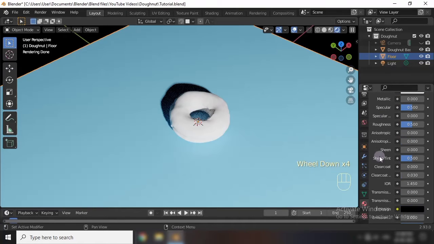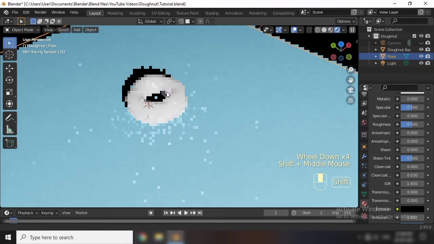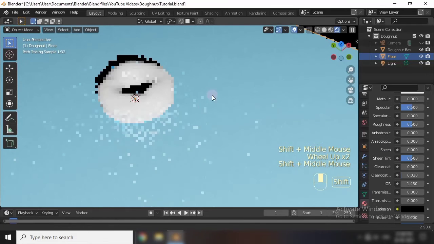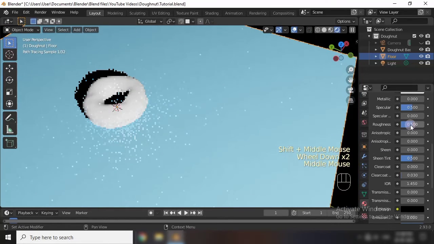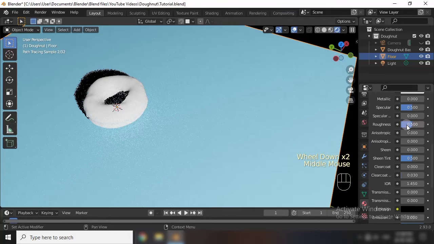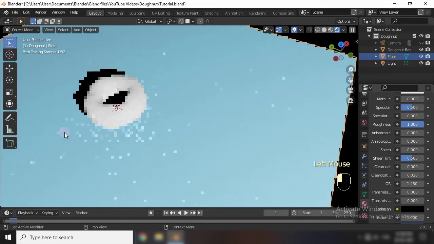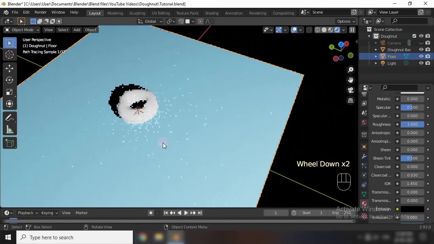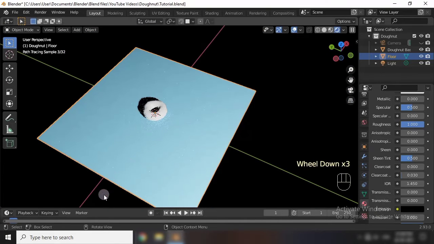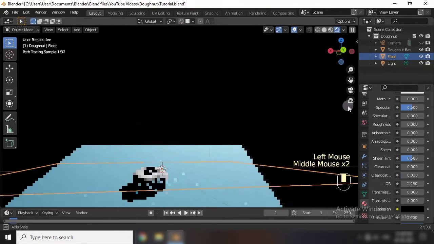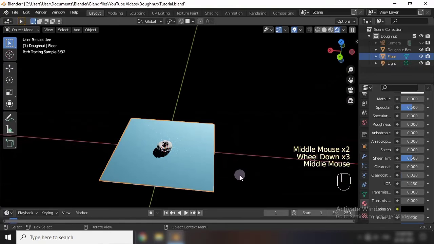One thing we need here is a bit of roughness. Here is the roughness property, and it is 0.5 by default. If you move it up to 1, it will not reflect light, and if you move it down to 0, it will fully reflect light.